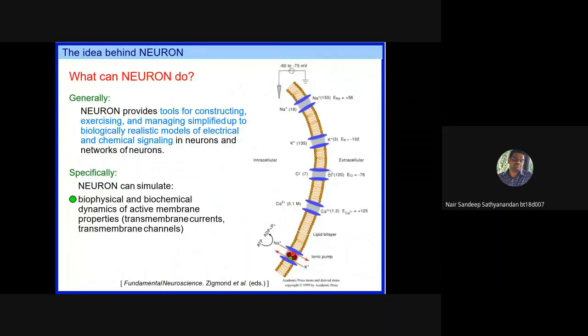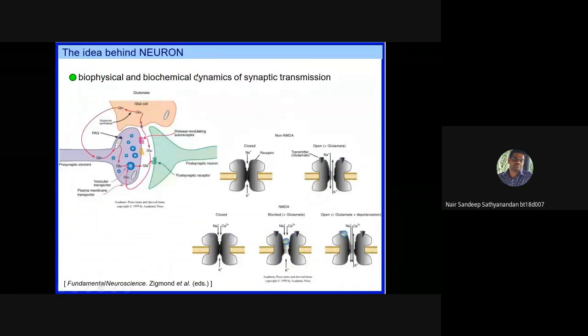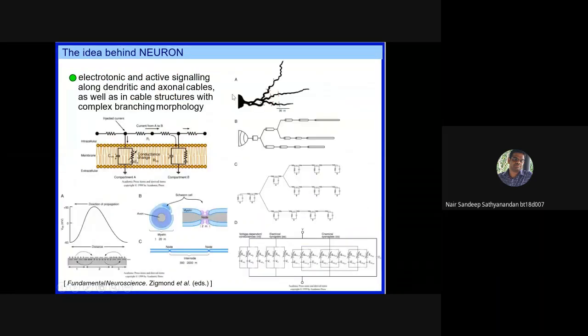Let us see the idea behind the neuron, just covering the basic things that neuron can do. It can replicate the biophysical and biochemical dynamics of the active membrane properties. It can also describe the dynamics of synaptic transmission.